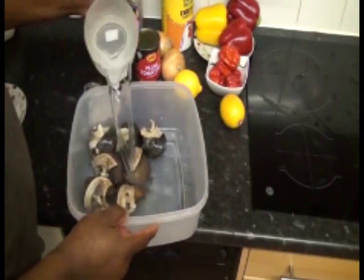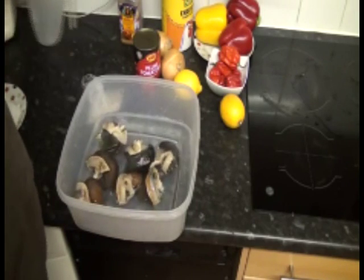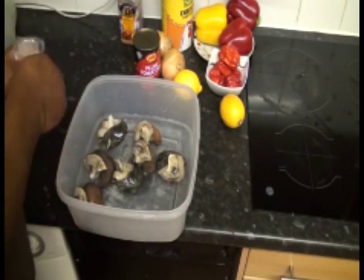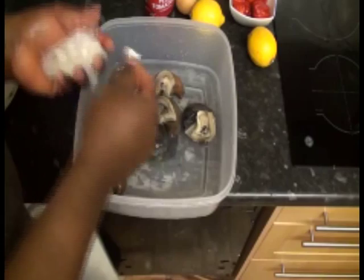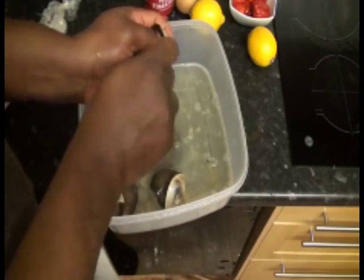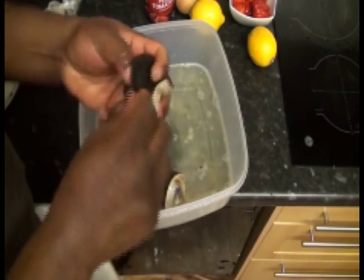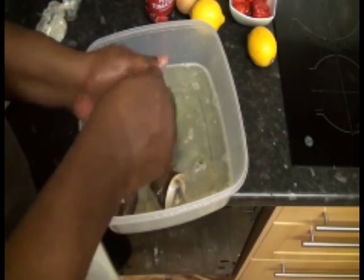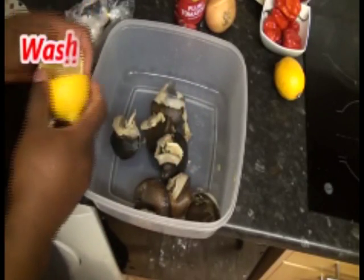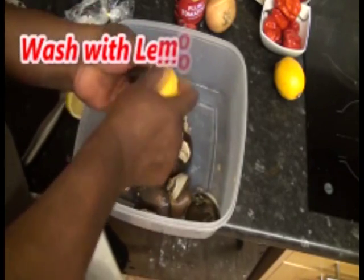I'm going to add my cold water to it now, around 500 ml of cold water, and I'm going to add my alum to that and wash it thoroughly. The whole process of washing might take some time, but it's really worthwhile. Then I slice my lemon, which I'm going to slice now,